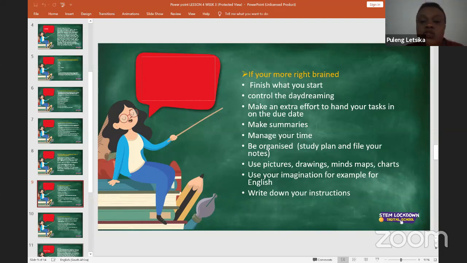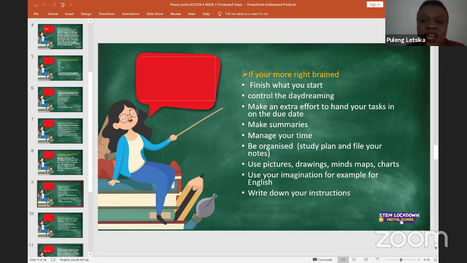Because you are a more creative person, you're most likely to be able to learn or remember things when you use pictures, drawings, and mind maps. So use pictures, use drawings, use mind maps, use every creative thing that you can in order to remember your work.